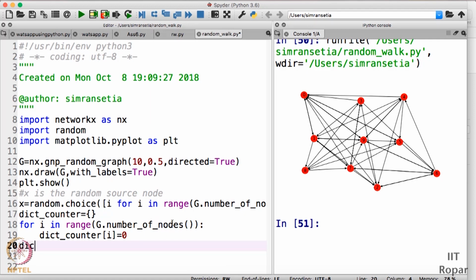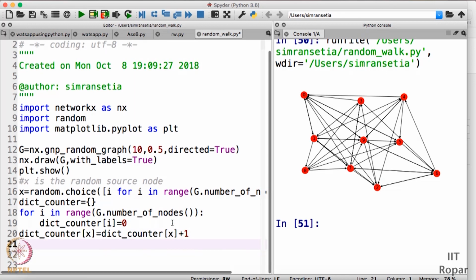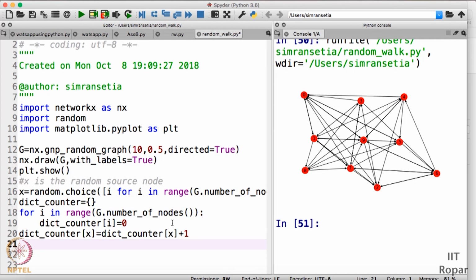So I also need to increment the counter of the source node. And what is the source node here? We have x here. dict_counter[x] is equal to dict_counter[x] plus 1. So we have initialized the counter of each node as 0 too.